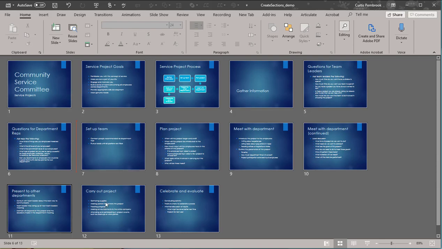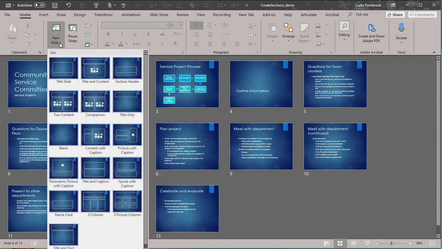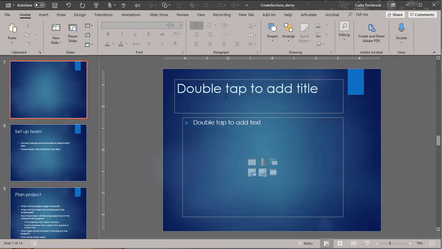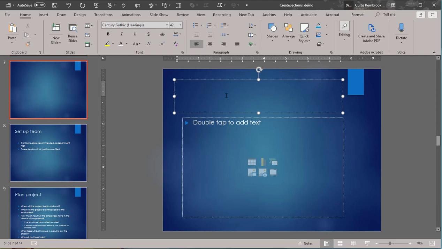If we want to insert a new slide, we can insert it here from this view. But if we're in the sorter view, we can click in between the slides. See here, I've selected this slide. This is where I want to insert the slide. And so what I want to do is insert a new slide, and I want to insert title and content. Now I'll double click and I'll edit on this slide. Okay. And then just for fun, let's just title this thing Getting Buy-in